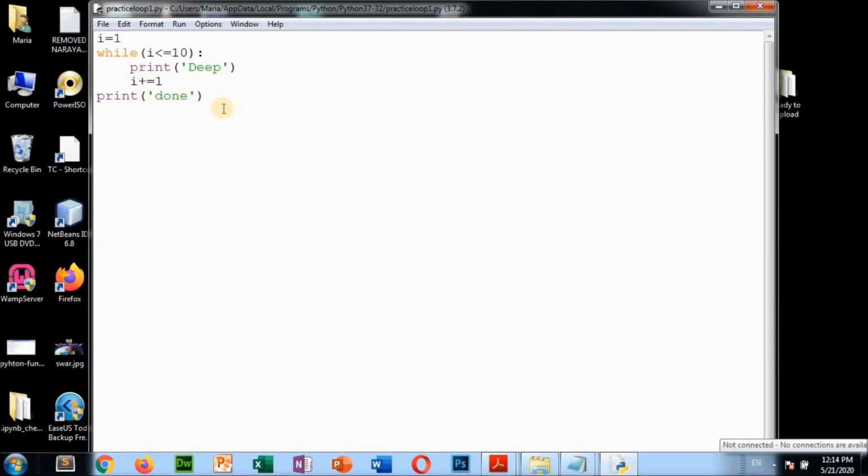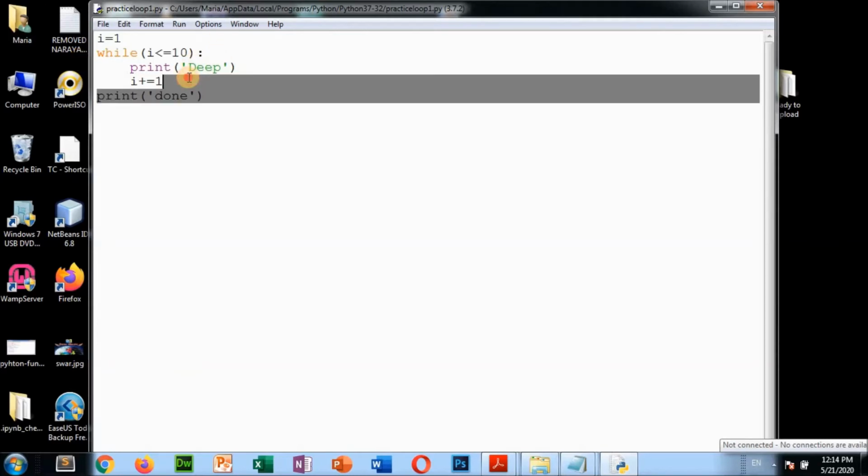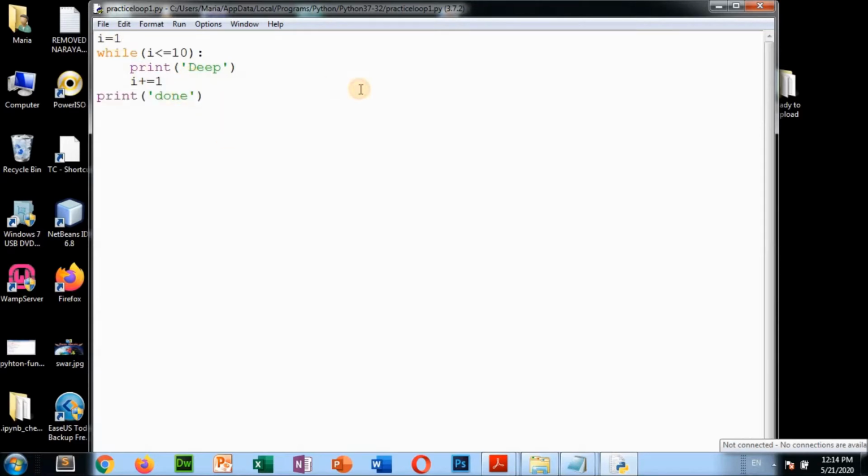Now using this while loop, I am going to show you the numbers. Suppose you are going to display the numbers from 1 to 10, or from 1 to 20, or 10 to 50. Like that, the condition you can give. So one another program I am going to do. See. Suppose I am assigning the value I equal to 10. I am going to display the numbers from 10 to 18.